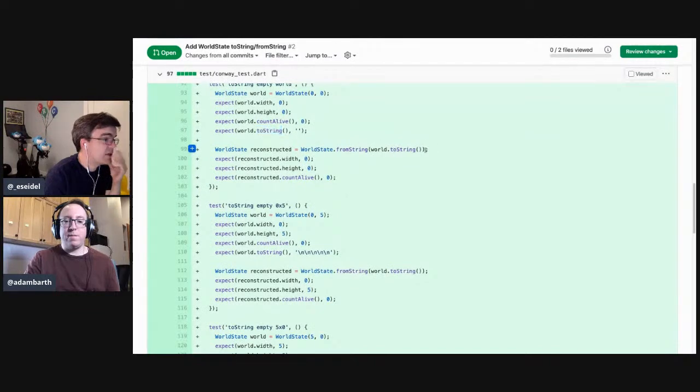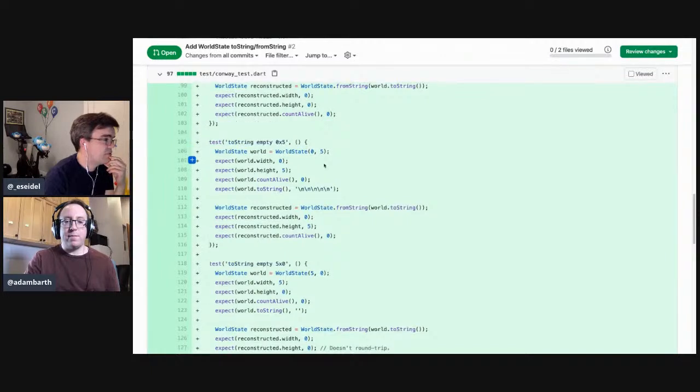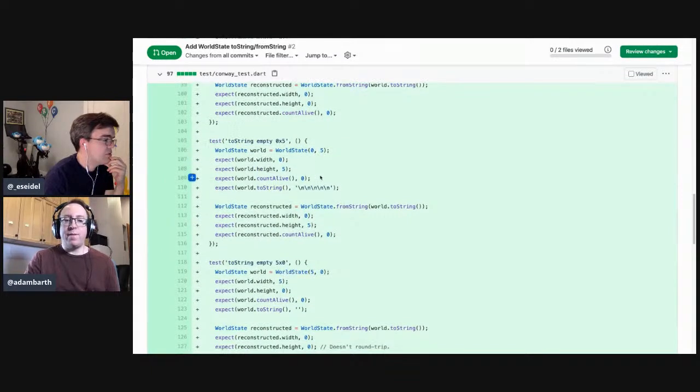Reconstructed from, okay, this is good. The round trip test. And then it comes back the same. 2-string empty 0 by 5. Yeah, so in poking around, I found something interesting about